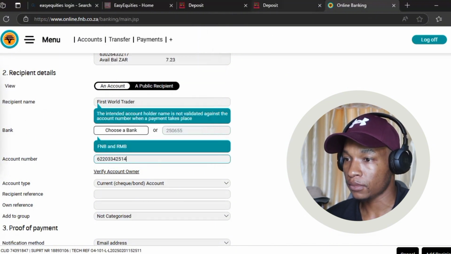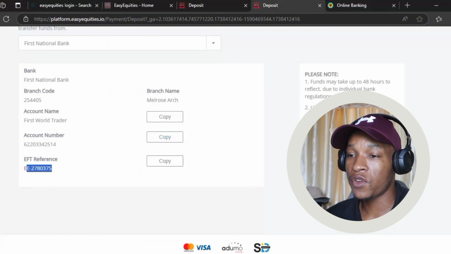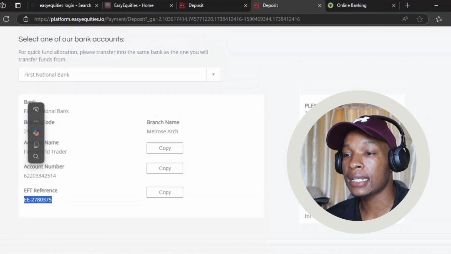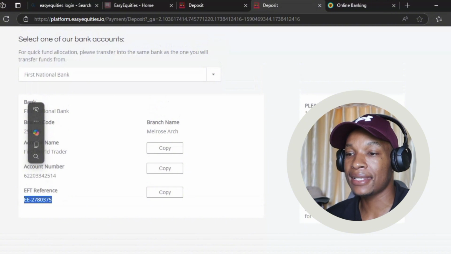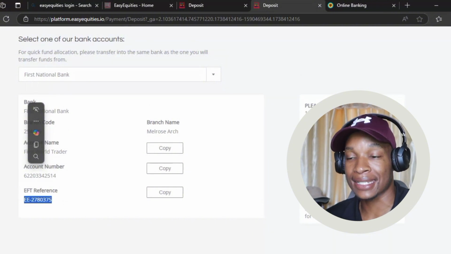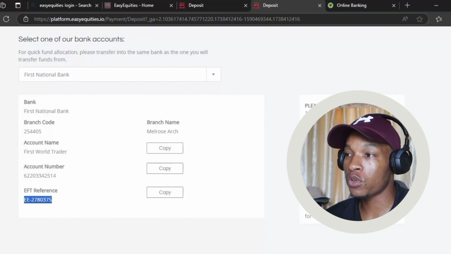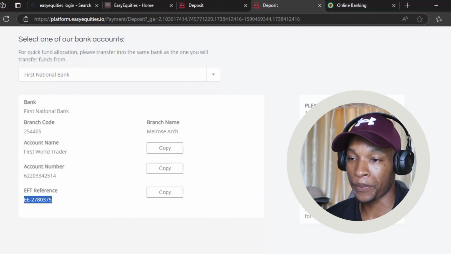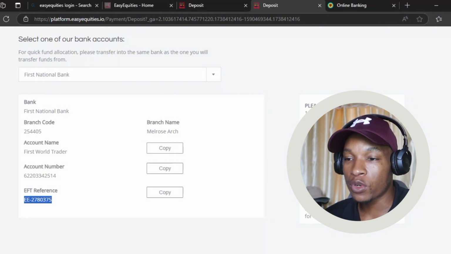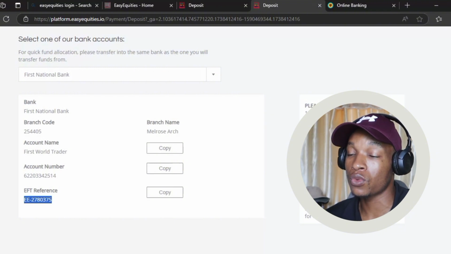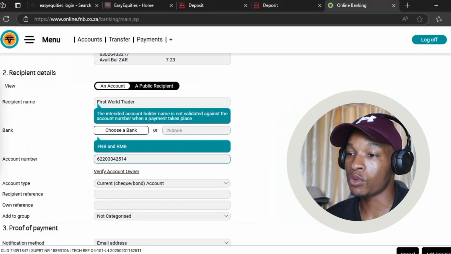Come back here. Now this is a very, very important detail. This is a personalized reference that tells EasyEquities that, hey guys, I have deposited money, please direct it to my EasyEquities ZA account or to my tax-free savings account. If you make a deposit and you don't include this reference, your money won't reflect in your account. It will go to a wrong place and it will be very difficult to withdraw back. So please make sure to put this reference every time